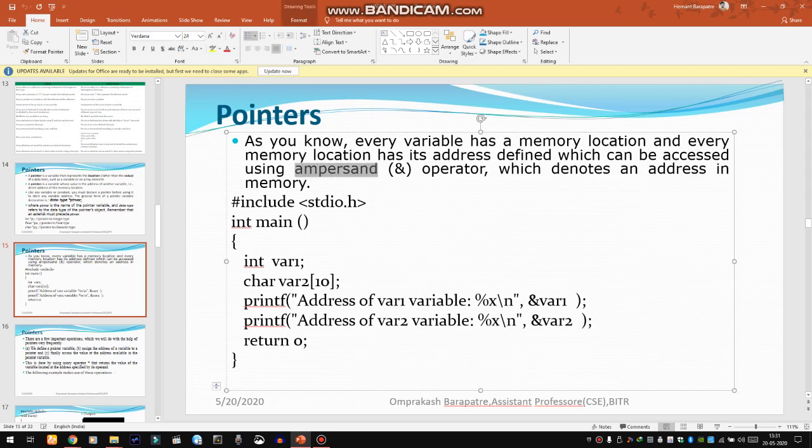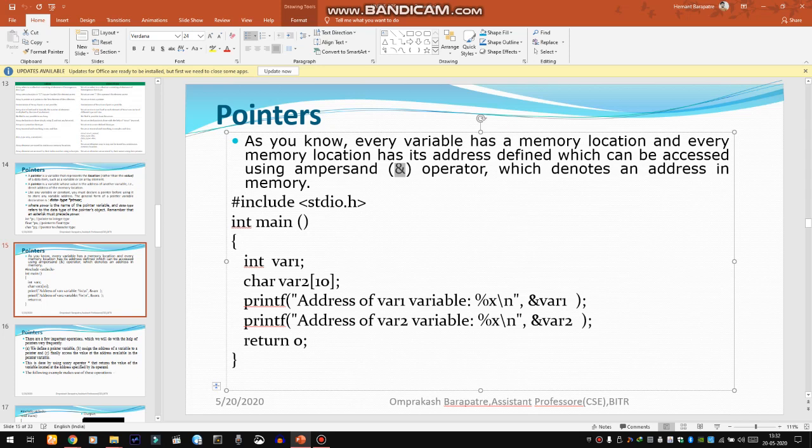The address operator denotes an address in memory, and it is designated with the help of this operator, ampersand. Every variable whose memory location is defined inside the memory of the computer can be accessed through the ampersand operator.